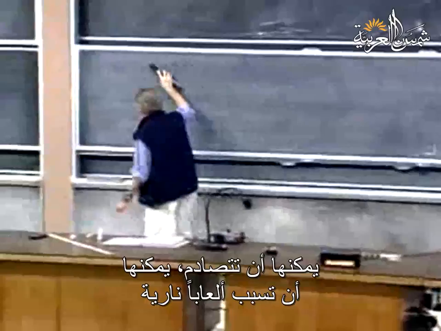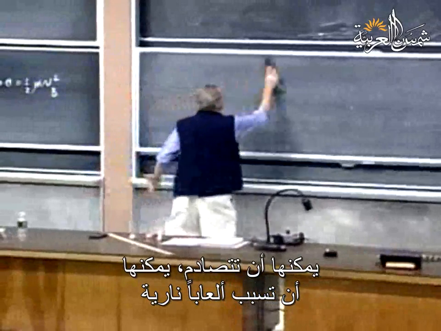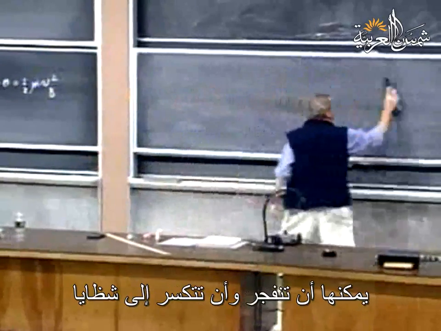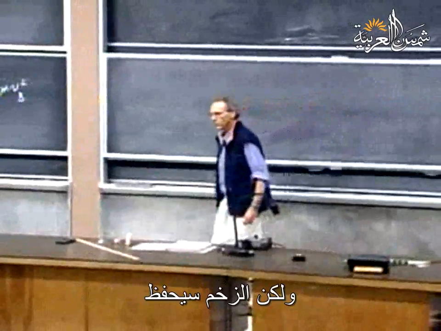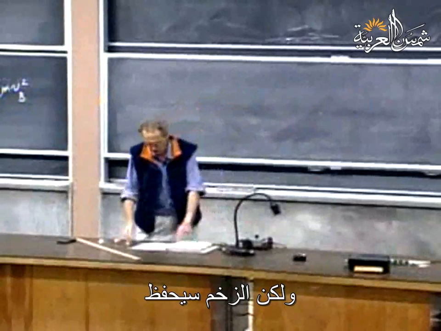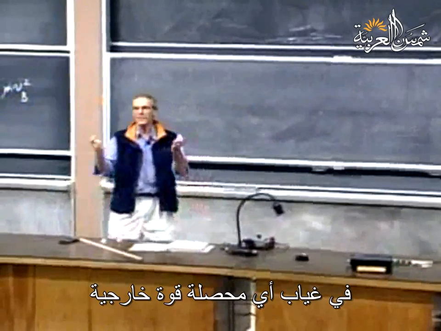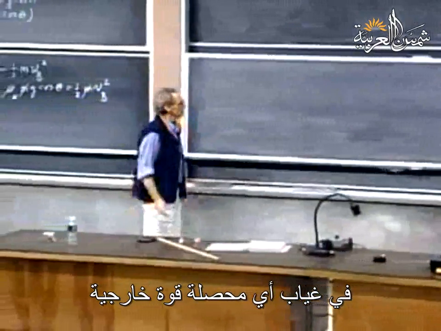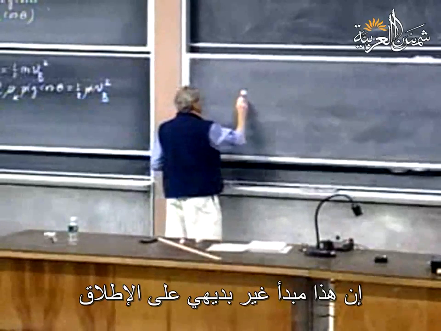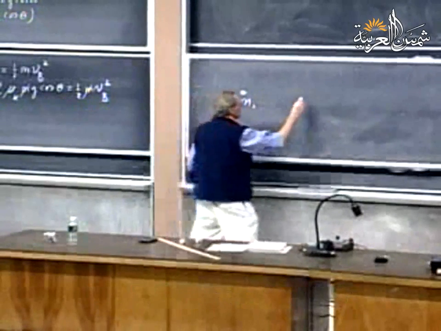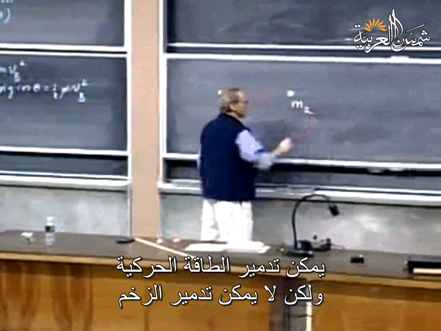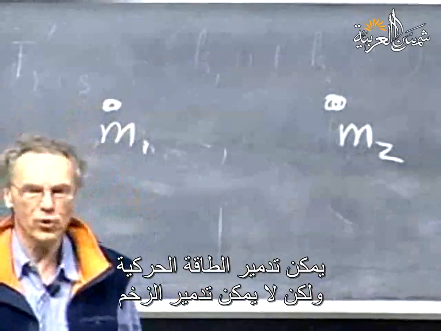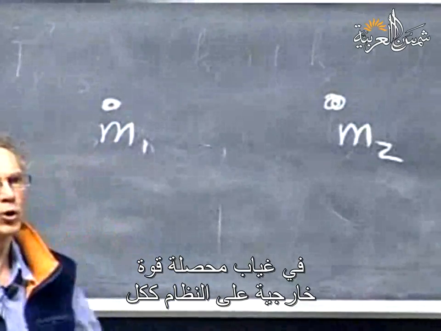They can collide, they can cause fireworks, they can explode, they can break up in pieces, but momentum will be conserved in the absence of any net external force. It's a very non-intuitive concept. Kinetic energy can be destroyed, but momentum cannot be destroyed in the absence of a net external force on the